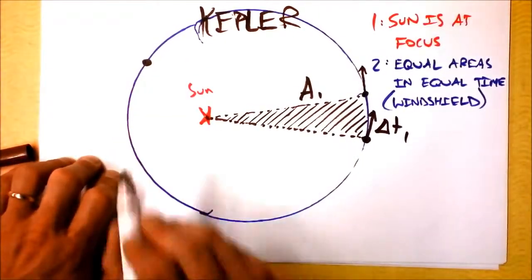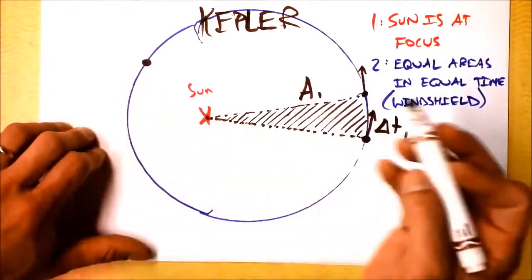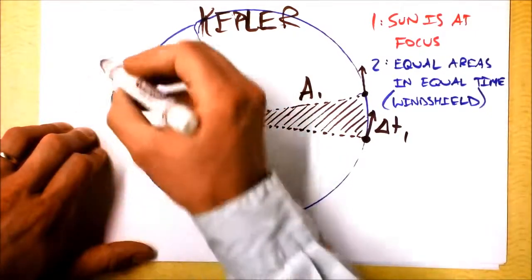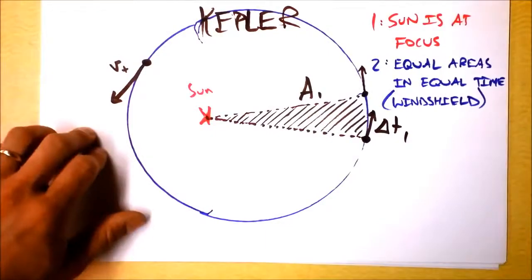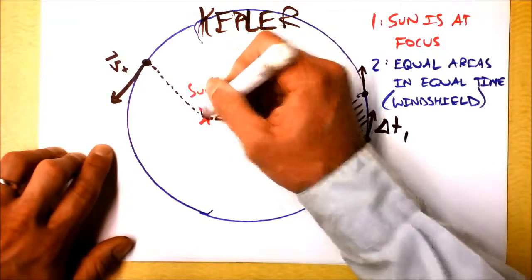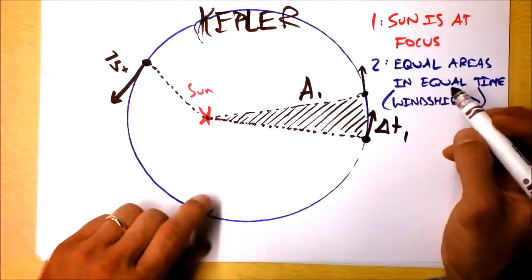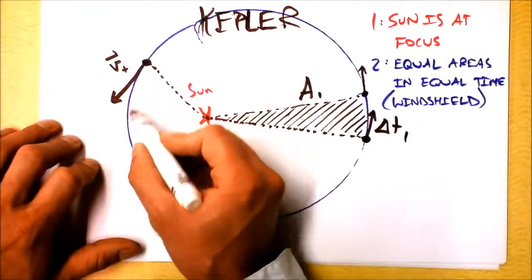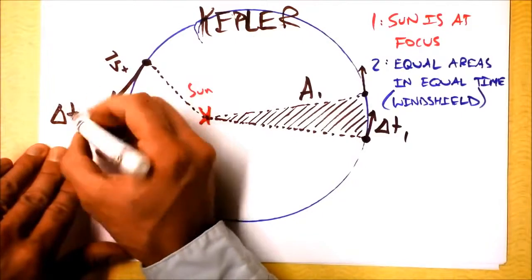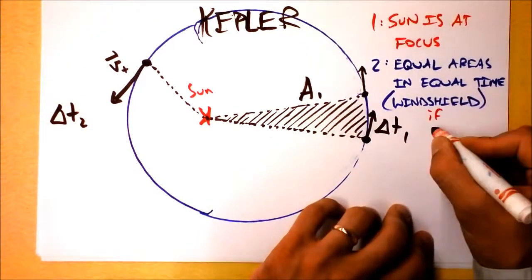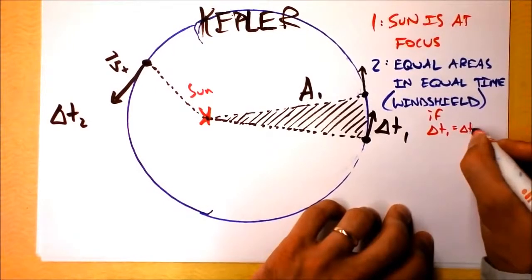If it's over here, it's actually going faster. I can argue that in a couple ways for you later, but let's draw a velocity vector that looks more like that. That's its tangential speed at that moment. And we can do a little windshield wiper business right here. The cool thing about Kepler's second law is he observed that for ellipses where the sun is at one of the foci, the area that's swept out in the same amount of time, let's call it delta T2, but then we'll make the statement that delta T1 equals delta T2. If delta T1 equals delta T2,